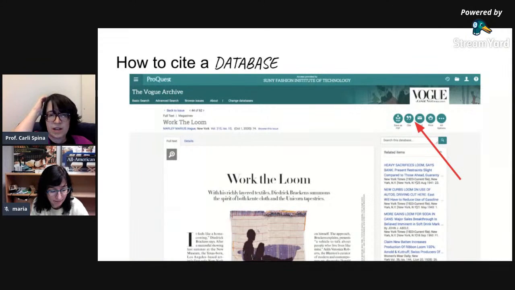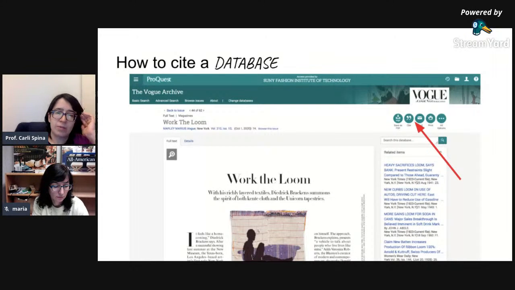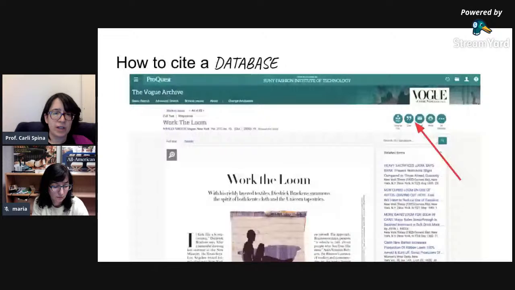One of the things that I wanted to make sure that we talk about in this session is that we at the FIT library offer a lot of resources that can support you in doing citations. When we talked about forecasts, we were talking about it just in general. How do you write the citation? But for the next few examples, we're going to be looking at how you can use the tools that we provide to instead find the citation information for different works that are owned by the library. In this case, we're looking at how you can cite database information.